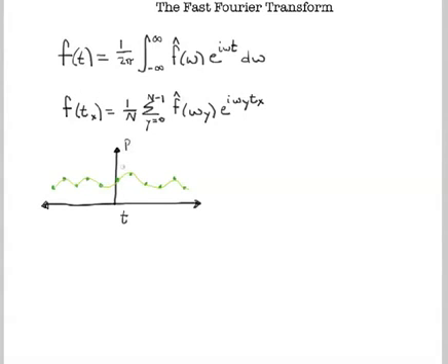So here's what I was talking about: having some function here in green that we've sampled at discrete points in time. And here I've said that this axis is power just so I could graph it. But in general, f can be a complex number with both real and imaginary components. And if we take the Fourier transform of that, then what we would expect is an equivalent representation of our function f, this time in frequency domain and in blue,